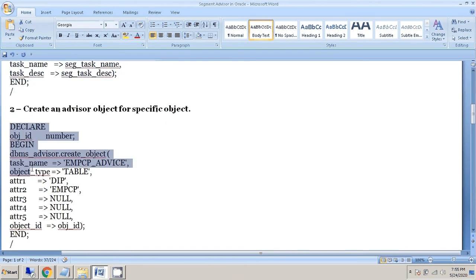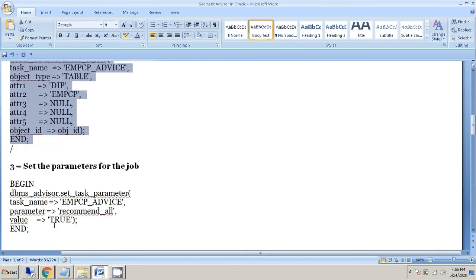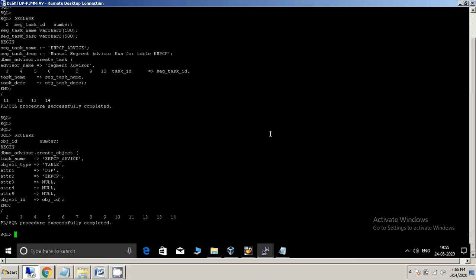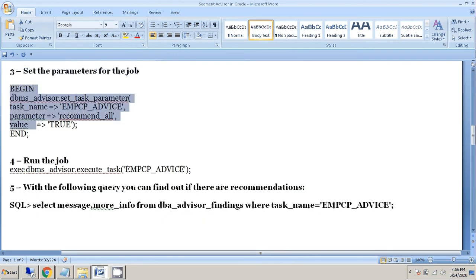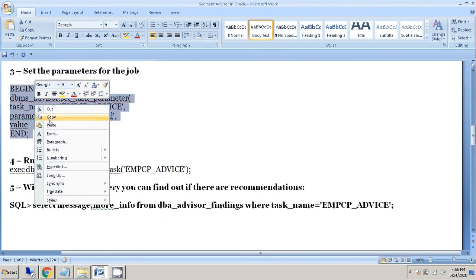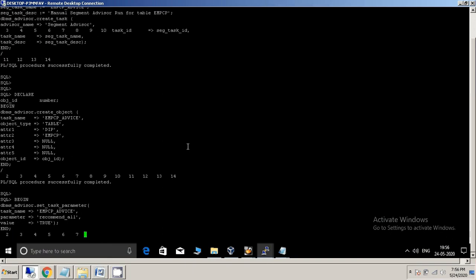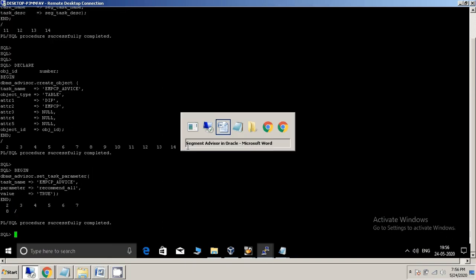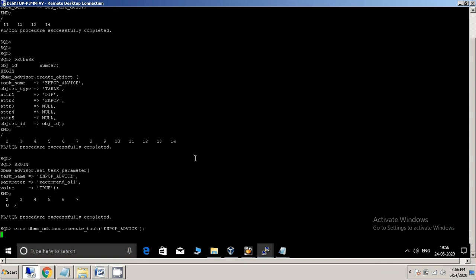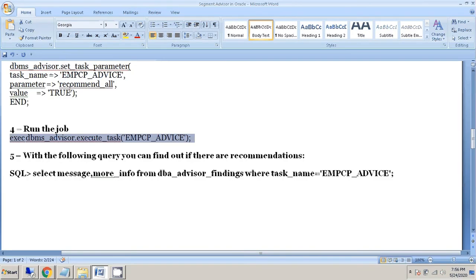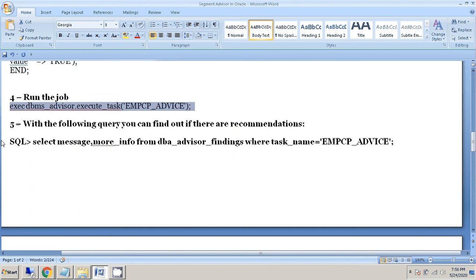Then I will run this command, and then set the parameter for the job. Perfect. Next, run the job for the advisor. Everything is good now.